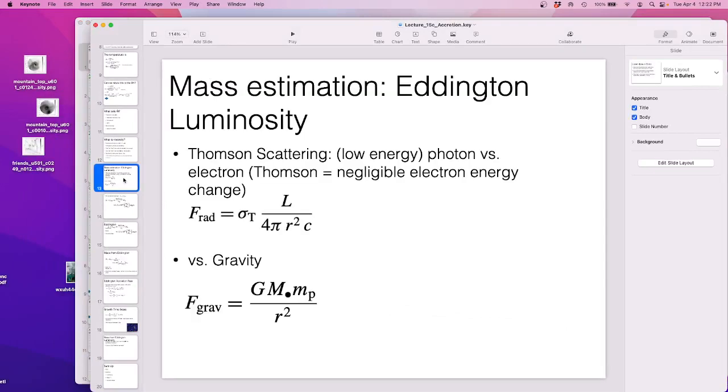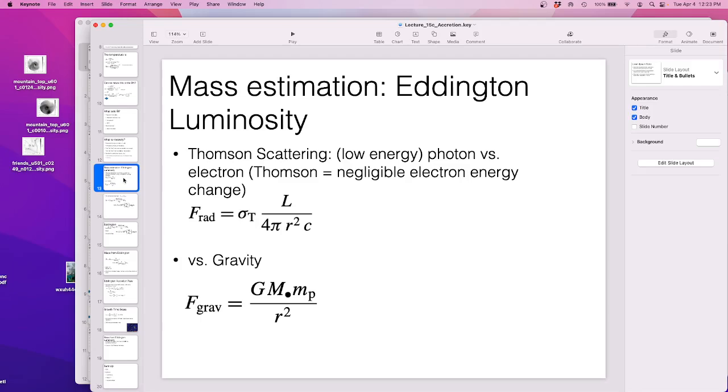Eddington. Okay. Eddington, accretion, and luminosity. So the gravitational pressure is GMm over r squared. So that's the force from gravity. And the pressure that,